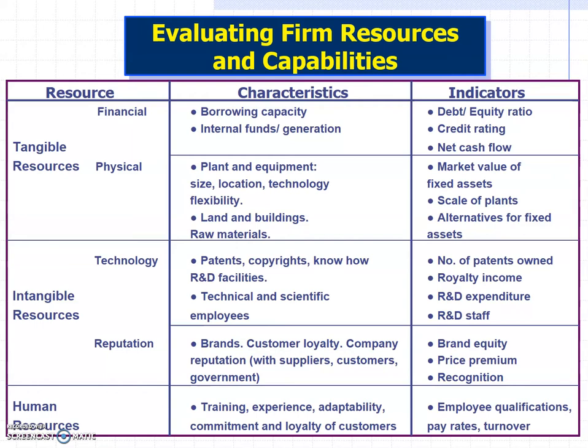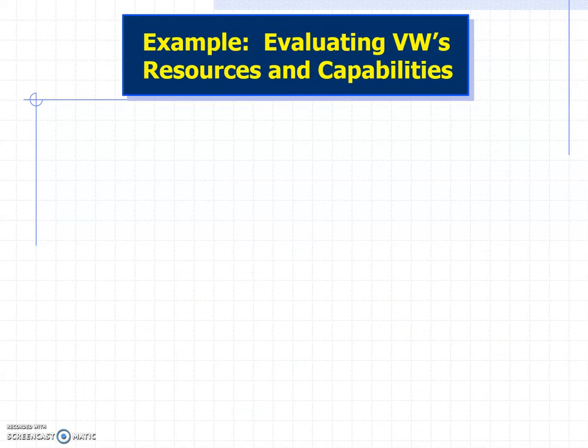Now I'm going to go through an example using Volkswagen's resources and capabilities, and I'll show you a way of, again, a framework for organizing this understanding. And it'll look similar to you, this framework. It kind of looks a bit similar to a perceptual map. If you remember using perceptual mapping in marketing for seeing how brands are related to each other in terms of the consumer's choice criteria, well, here we'll look at the resources and capabilities